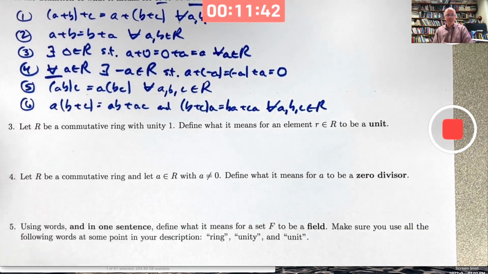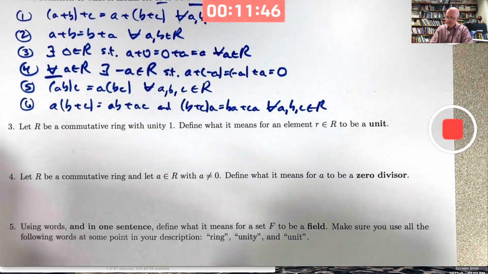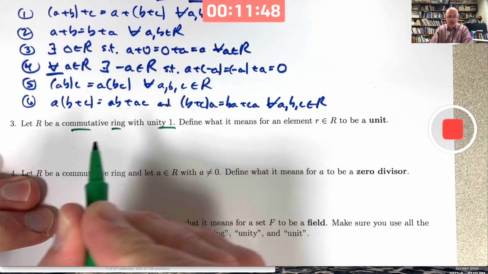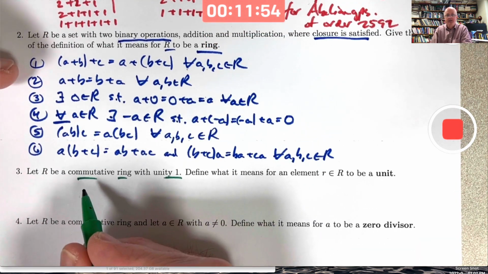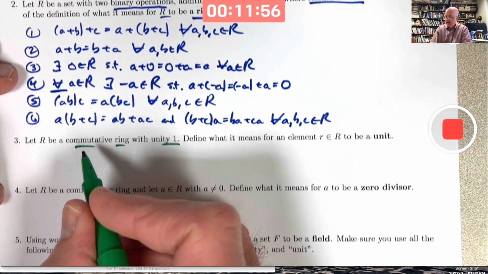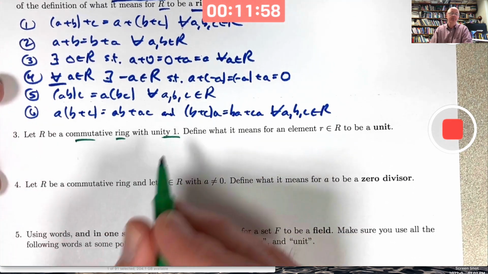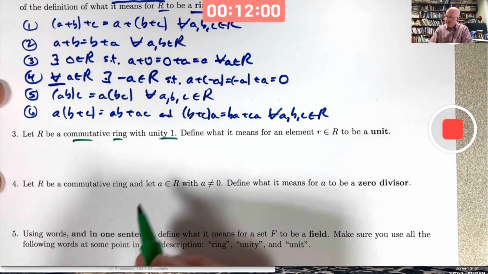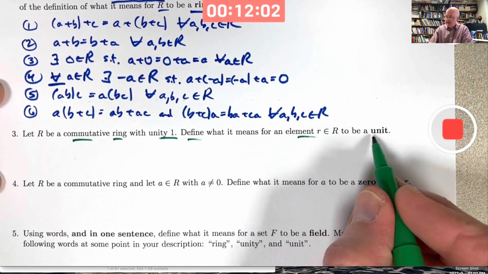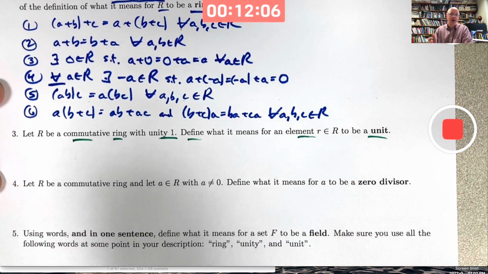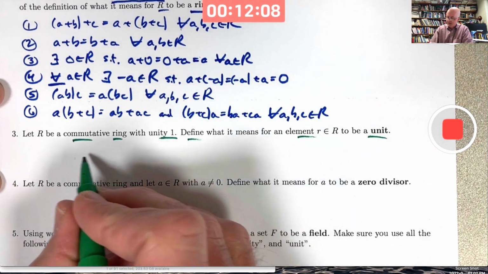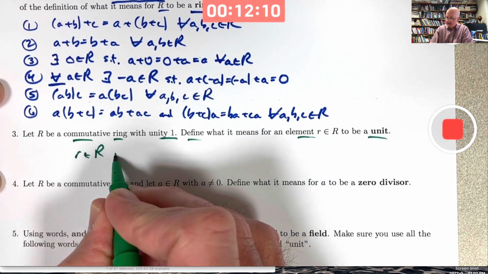Number 3, let R be a commutative ring with unity 1. The commutativity refers to assuming multiplication is commutative, because we automatically assume addition is commutative. Unity 1 means that's the multiplicative identity. Define what it means for an element r to be a unit in the ring. And that definition is just that r has a multiplicative inverse. r in R is a unit